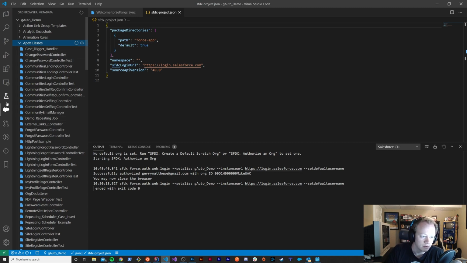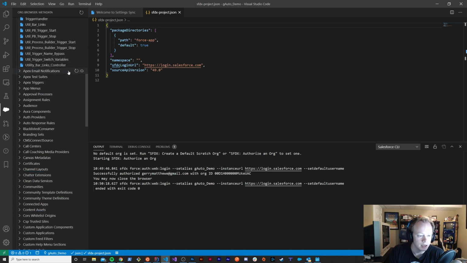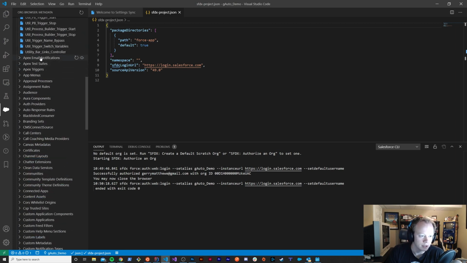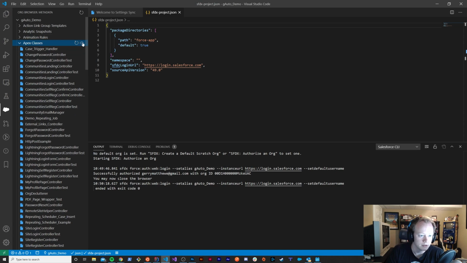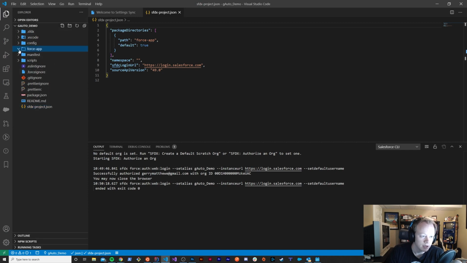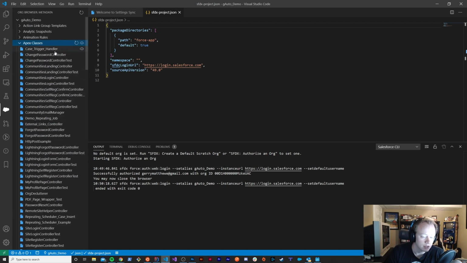So right now, we're in this thing called the org browser, which is very convenient. Basically, it lets you observe all of the metadata within your Salesforce org that you've connected to, and it allows you to pull that metadata, whichever metadata types you want, into your project over here. So right now, if I looked at my classes in my project, there's nothing here. But if I go to my org browser after connecting to my